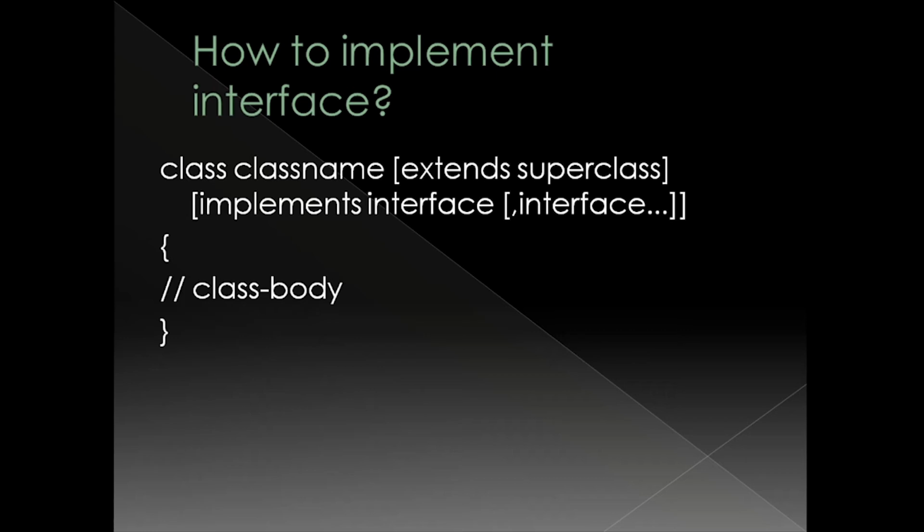If a class implements more than one interface, the interfaces are separated with a comma. If a class implements two interfaces that declare the same method, then the same method will be used by clients of either interface. The methods that implement an interface must be declared public, and also the type signature of the implementing method must match exactly the type signature specified in the interface definition.